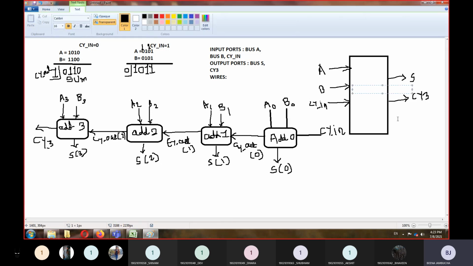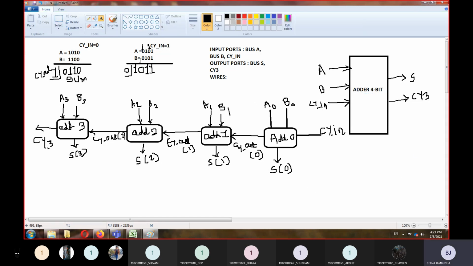So the CY out will be declared as wire. They are the internal connections. Got it? So this is the thing we are going to implement in Verilog. So let's start, let's open the ISE design suite.